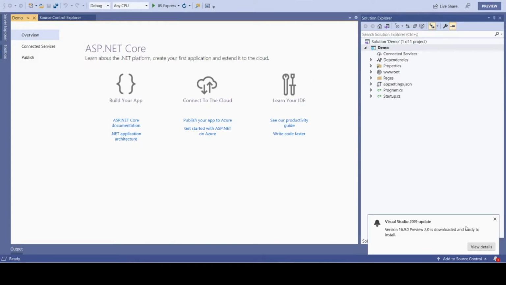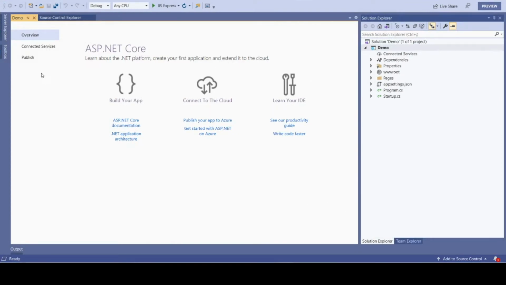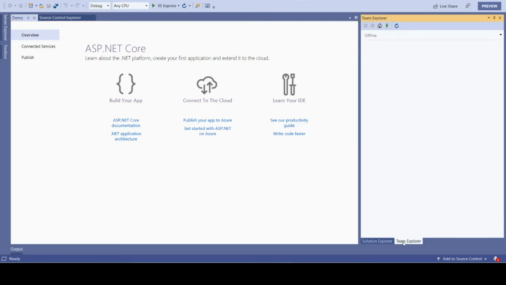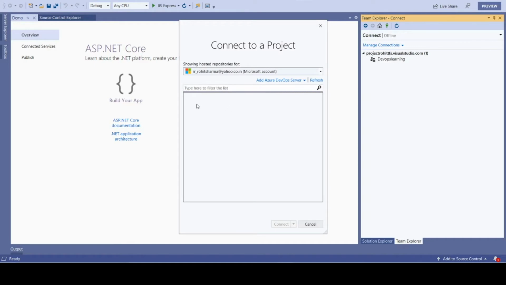Now let me go back to the repos, or let me go to Visual Studio. So I have this project which I have created, and it is an ASP.NET application in .NET Core. So first what I have to do is upload this code into the TFS location, the Azure DevOps location, I'll say. To do that, I have to click Team Explorer. I'll click on connect, then manage connection, connect to project, and it will show the default server on which I have the access.